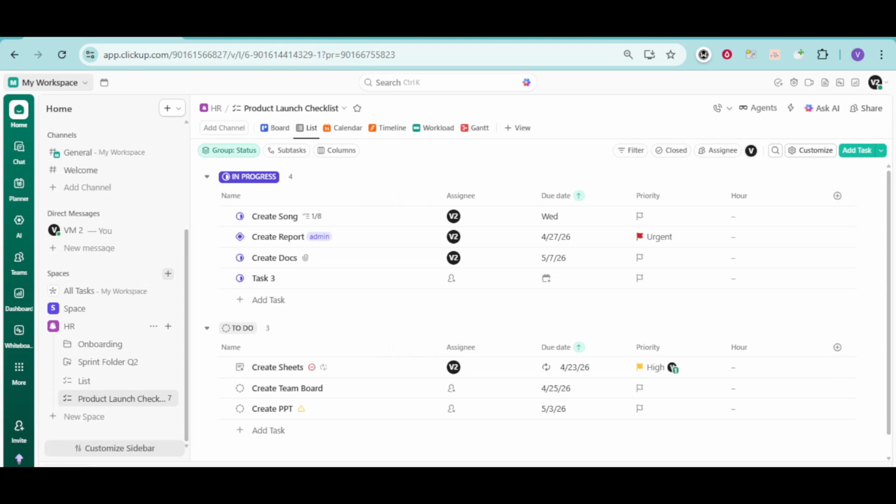In this video, I'll guide you through how to export data from ClickUp, whether you're backing up your work, sharing information with a client, or analyzing tasks in another tool like a spreadsheet. Exporting your data is a simple process once you know where to look. In this walkthrough, we'll focus on exporting from a list or table view, since that's where most people manage their